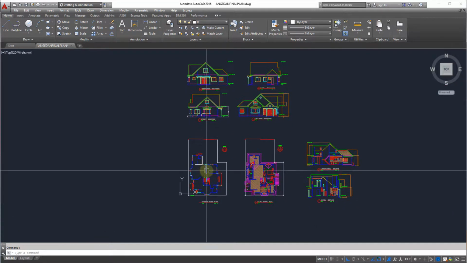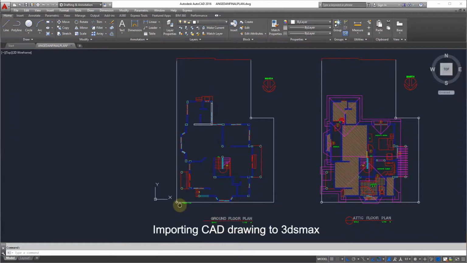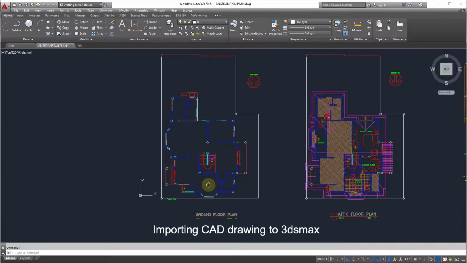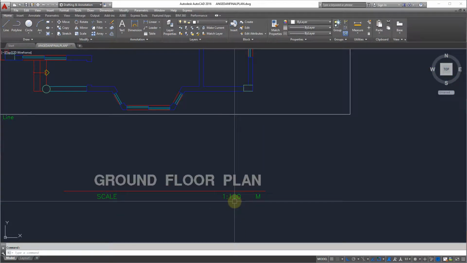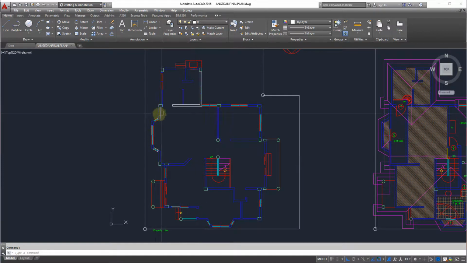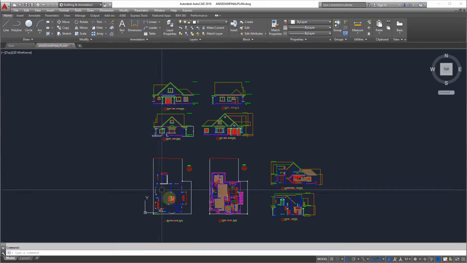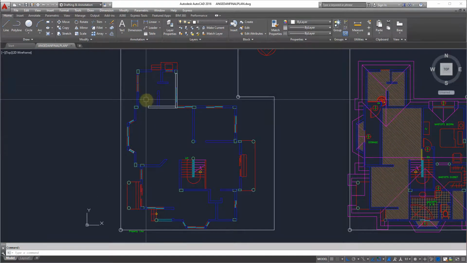To begin with, we have to check your drawing first. Make sure that your floor plan is always at a scale of 1:100, and then remove all your furniture in your AutoCAD. But before doing that, make sure that you save a copy of your CAD files. Don't work on the original files. Save a copy and then remove all unnecessary